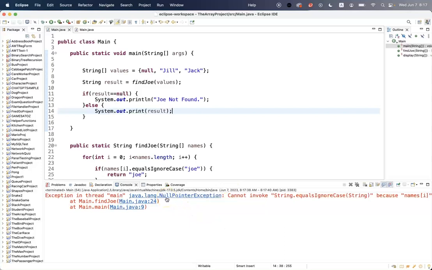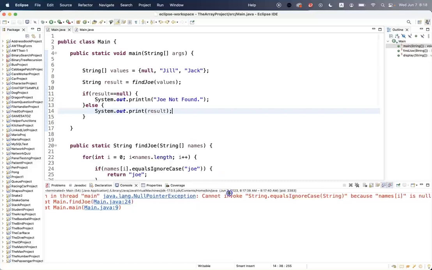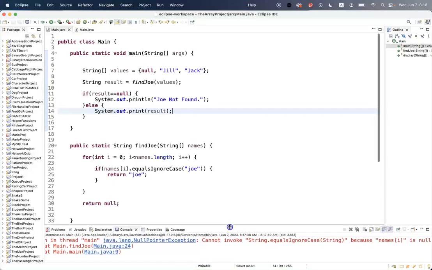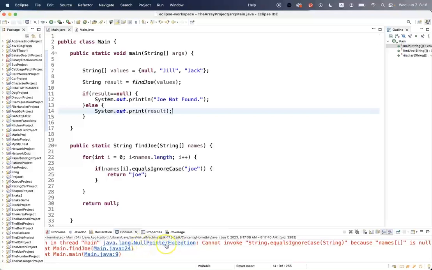Null, there's that magic word. Null pointer exception. Cannot invoke equalsIgnoreCase. Oh, because names[i] is null. Oh, interesting. A null pointer exception. A programmer's worst nightmare. Remember that our array has a null in it already, which is very common. This is fine. And we're sending it to the findJoe function. So a reference to this array comes in here, and we start looping through it. When i is 0,